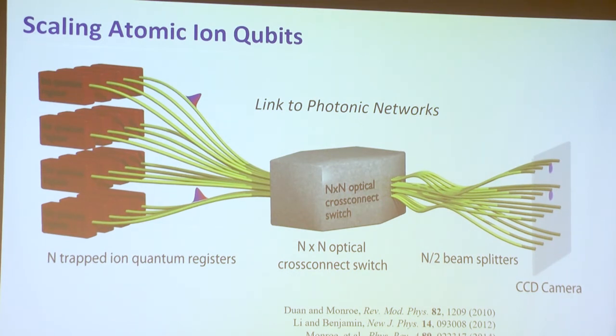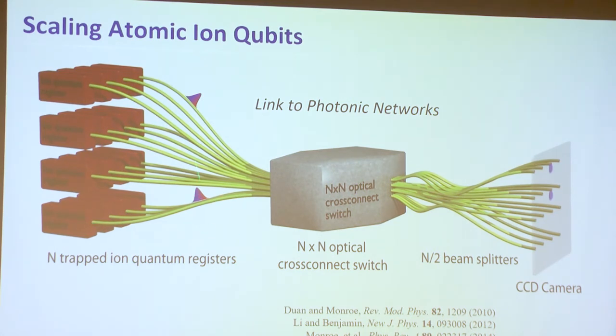Well, with trapped ions, we actually have an opportunity. I didn't talk about this much at all, but we can also move quantum information through photons, individual photons that are emitted from these ions. And this is sort of a concept picture of how you might scale up a bunch of modules. Maybe each of these traps contains 50 ions. And if we can stamp them out, we can think about having a subset of them connect to single photons.